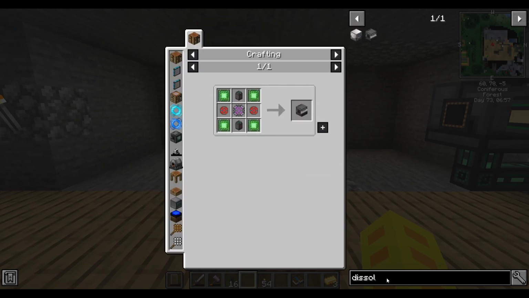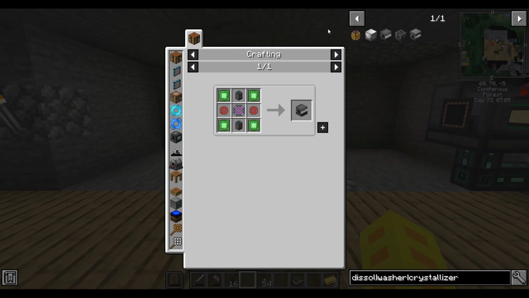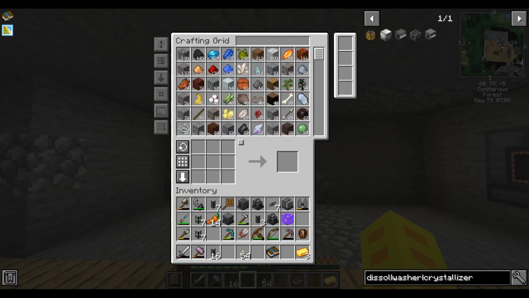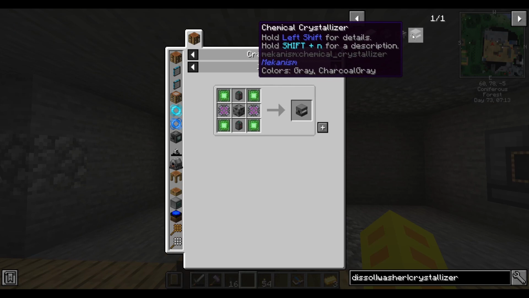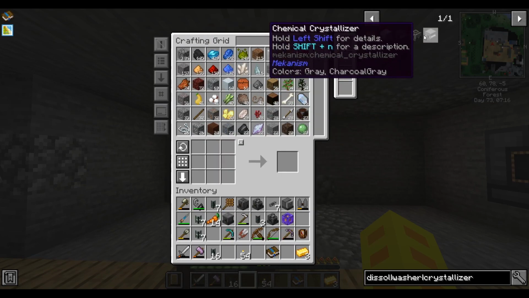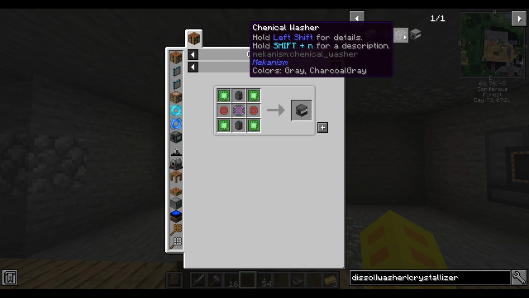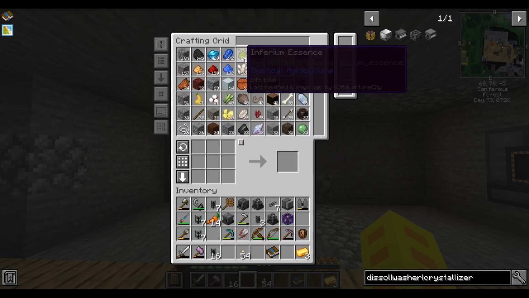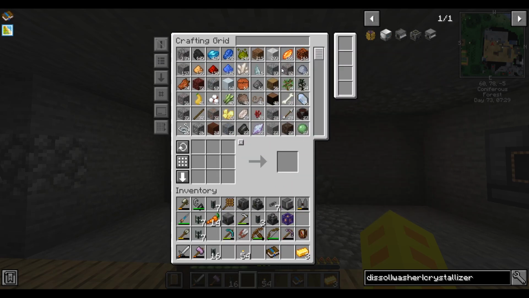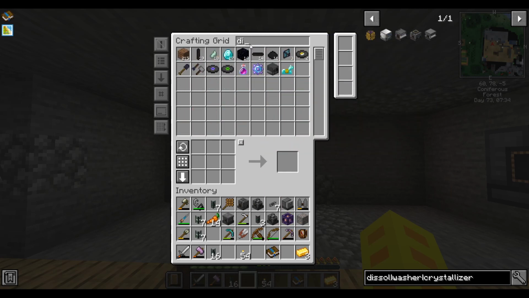So dissolution chamber, washer, and crystallizer. We're going to need a total of 3 atomic alloy, so we really need 3. So we need 1 more iron, we need a diamond,